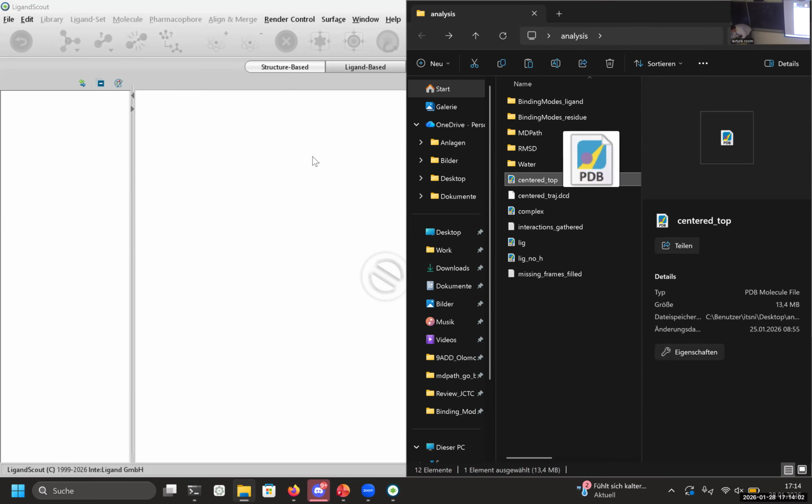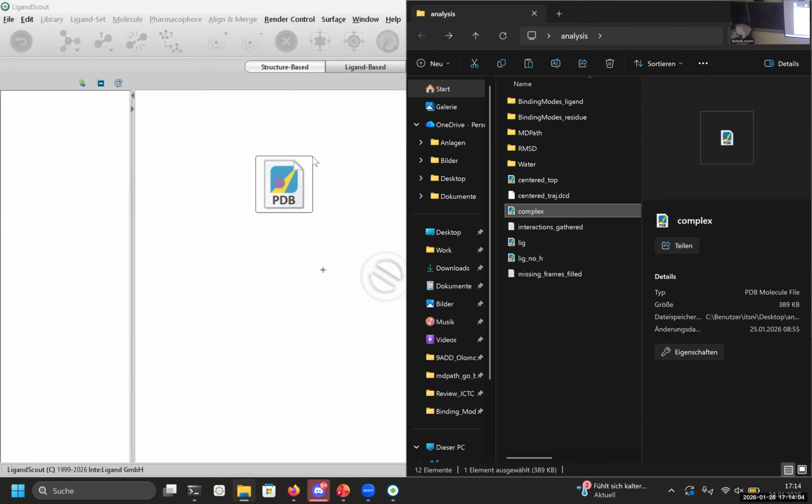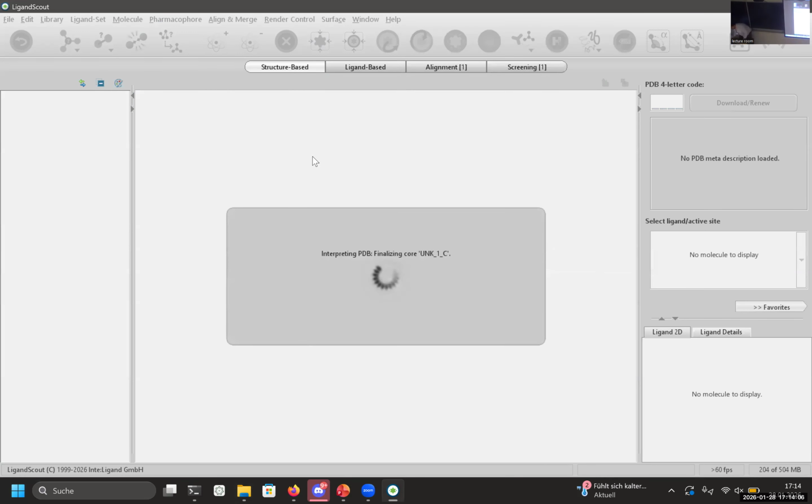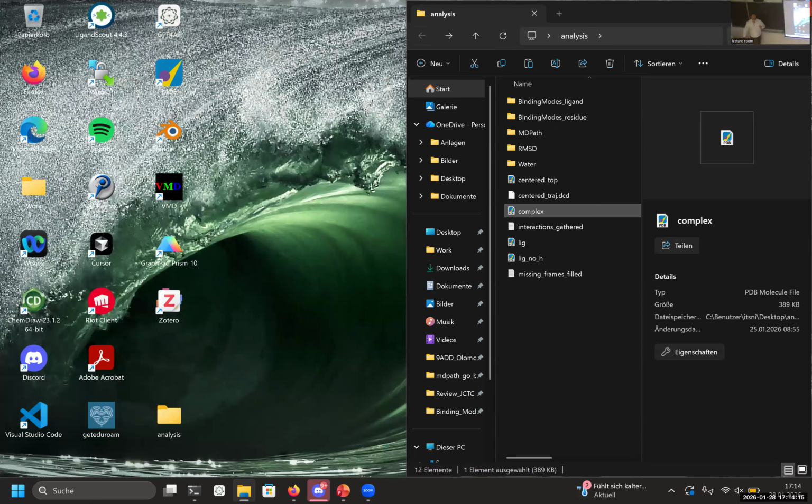So we can just put our complex in here. Oh, this was the big one. My PC is too slow because I forgot to delete the water molecules. Loading protein complexes with water molecules in LigandScout is a bad idea, but in general, you would be able to load that in there and then also load this